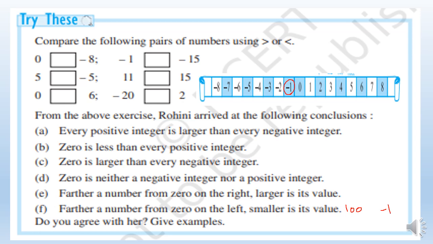If I put a negative sign here, then -100, where is the place of -100? It should be in this direction. Yes or no? Means this -100 is far away from this -1, and -1 is closer to 0. So -100 is a bigger number in size, but still -1 is greater than -100. Clear? Such examples, one or two, you have to tell.